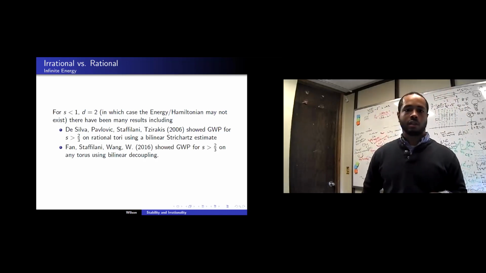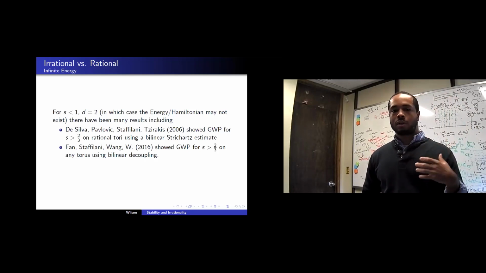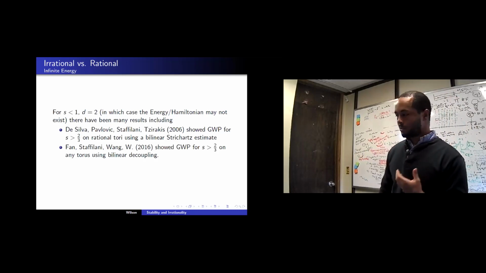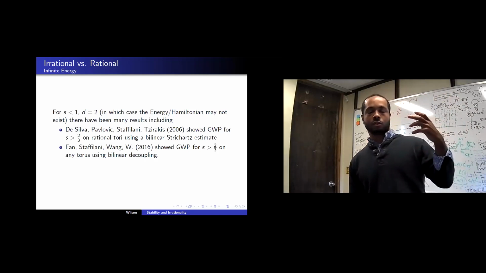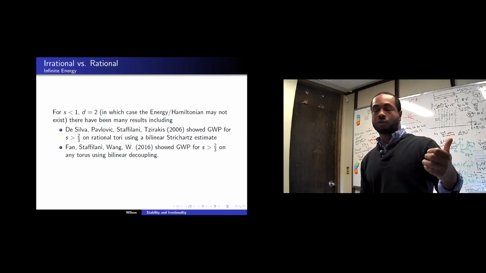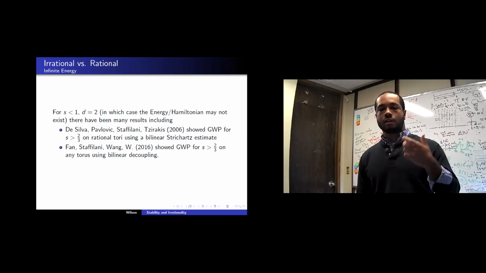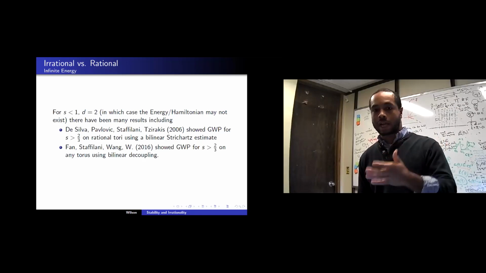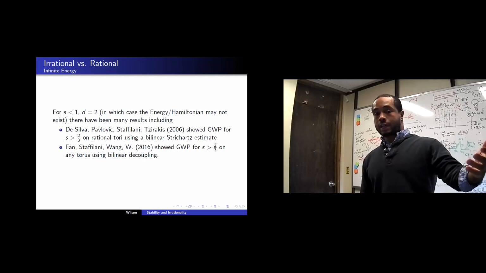concentrating just on the 2006 result from the four there, they were able to show, using very similar techniques and machinery that Bourgain developed in 1993, using bilinear structure, as I said before, that if your torus is a rational torus, it has a rational aspect ratio, then the minimal regularity necessary, or you can go down to 2/3 derivatives, to show well-postedness. And so, again, my introduction to this